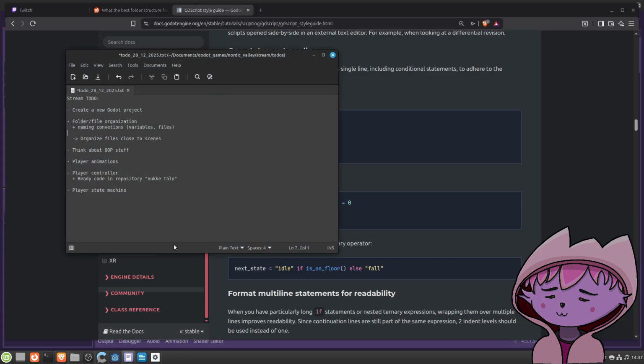Well, the basic style guide. The basic style guide is now this, okay? And try to follow this. Everything else is optional.